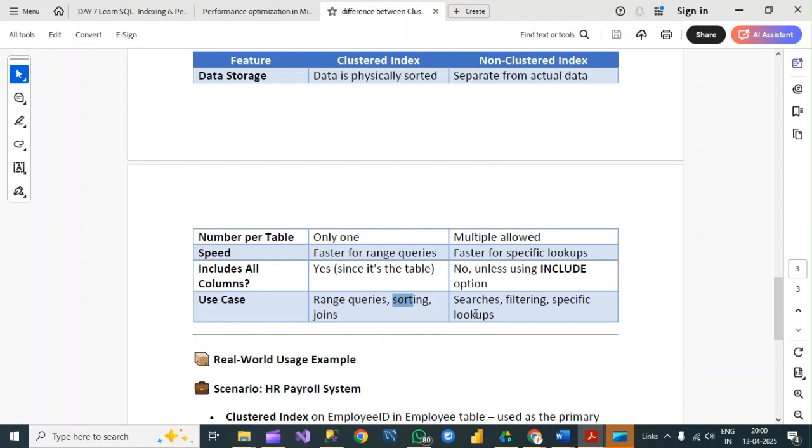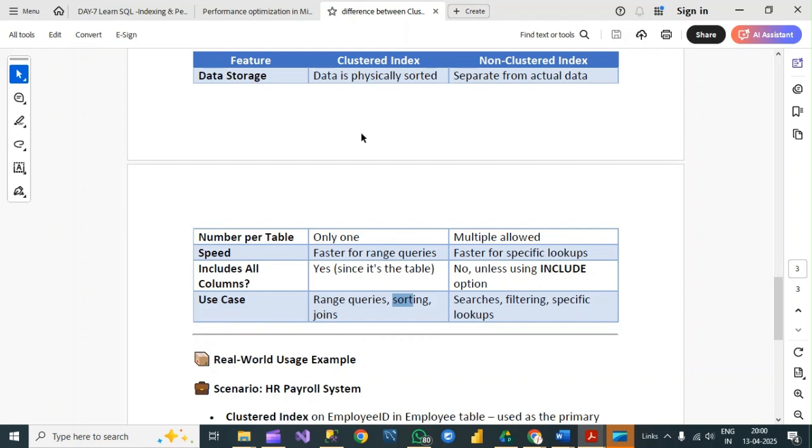So for example, just now we checked that using the email ID, if we filter the data, then we can apply the non-clustered index. Okay, and basically the one thing to keep in mind: the clustered index also performs the same operation, so why the non-clustered index? Basically, for the clustered index, we can apply only one in one